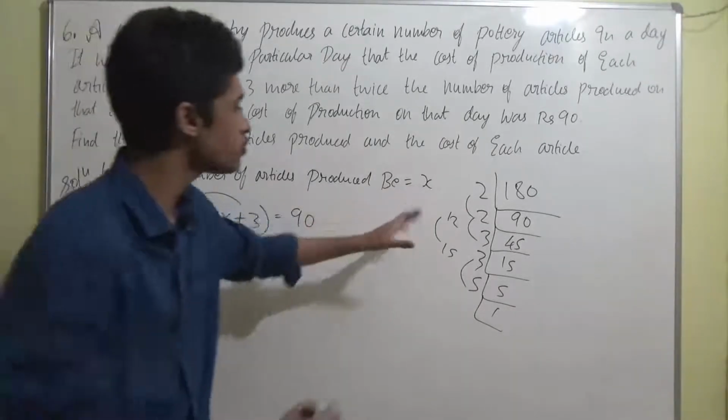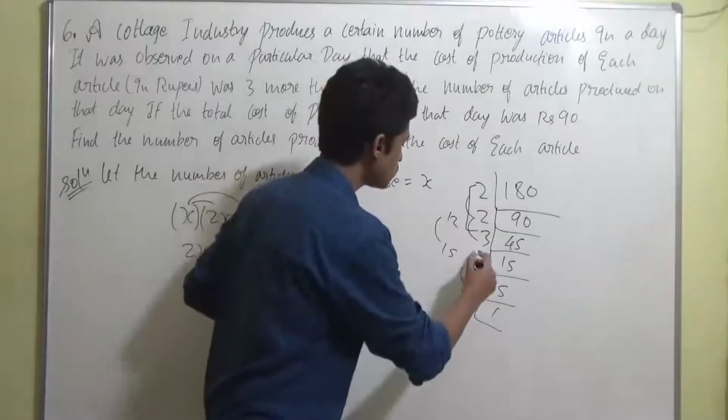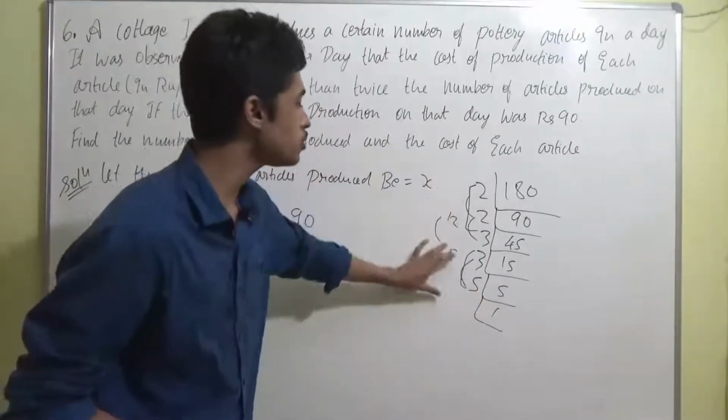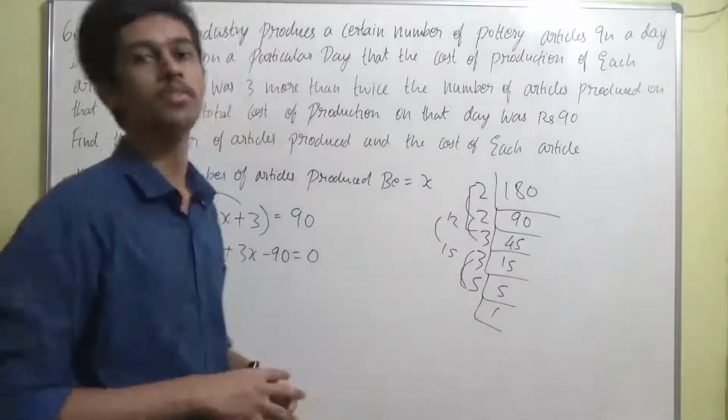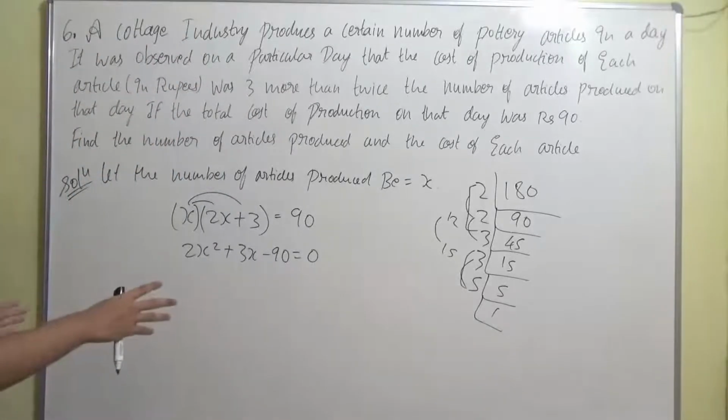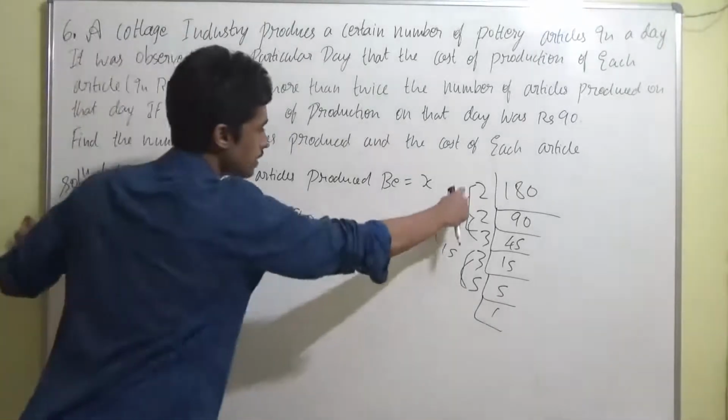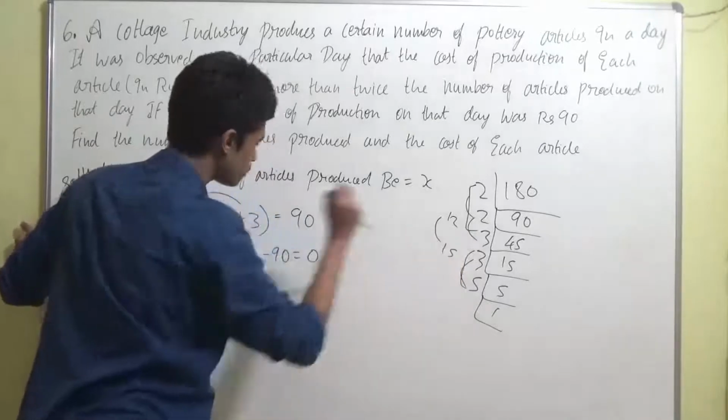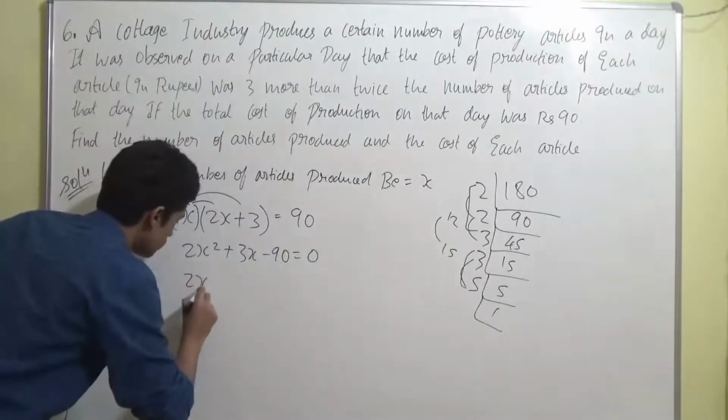We want, see, this is one grouping, and this is one grouping, and the difference between these two groupings is 3, that's all we want, right? So the grouping is done, the difference is found, and if you multiply this grouping, you're getting 12, and this grouping it is 15.